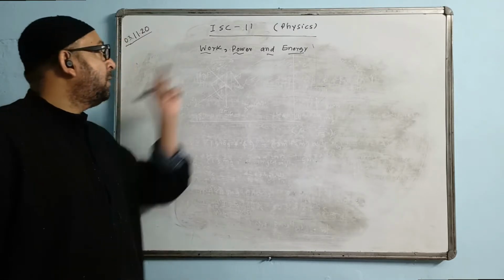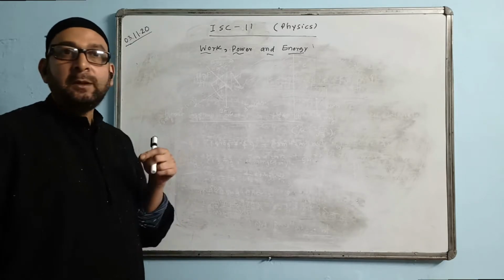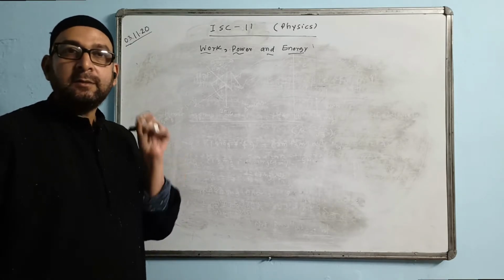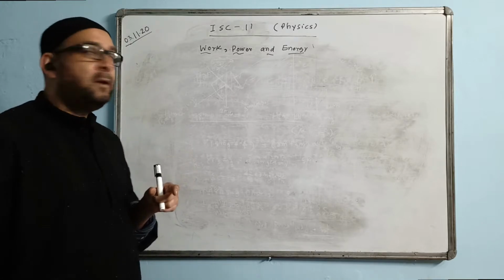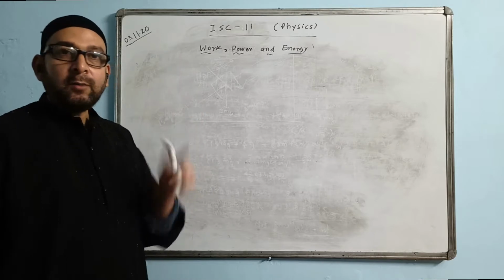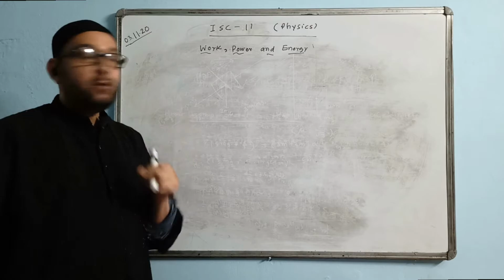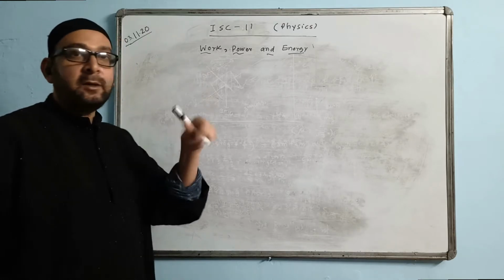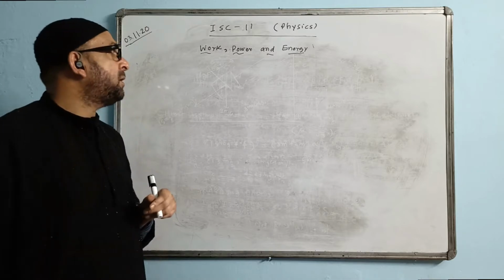okay. Now, definition of work we know, in class 10 you have done, that the work is said to be done when a force causes a body to be displaced in its own direction or in a direction other than perpendicular or normal to it. The SI unit of work is joule, CGS unit is erg, 1 joule is 10 to the power of 7 erg. We are doing only the main important things.